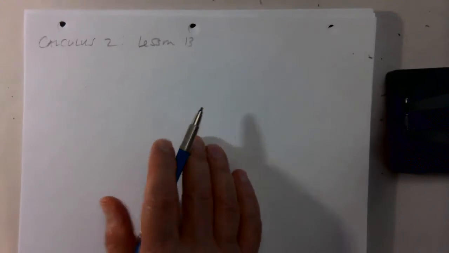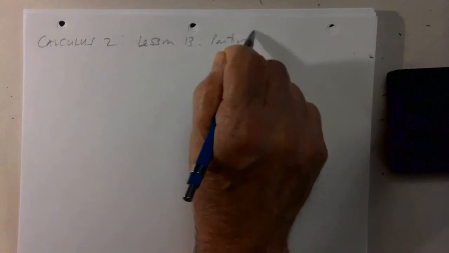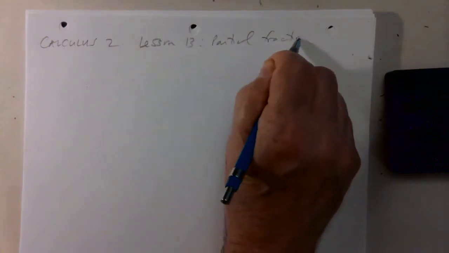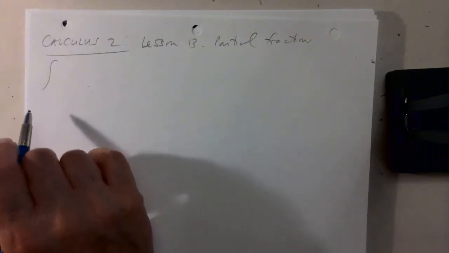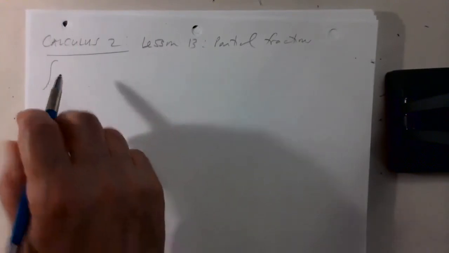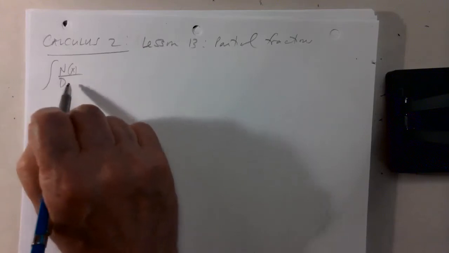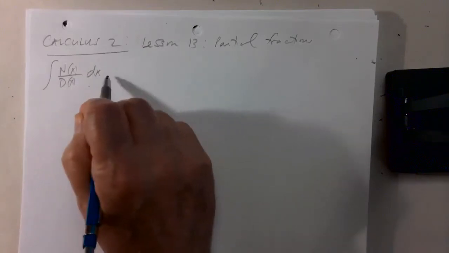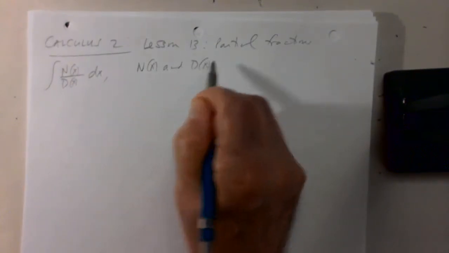This is lesson 13 of Calc 2 on partial fractions. And this is a technique which is often very useful for integrating what are called rational functions. A rational function is a quotient of polynomials. So you have some polynomial in the numerator, some polynomial in the denominator. So n of x and d of x